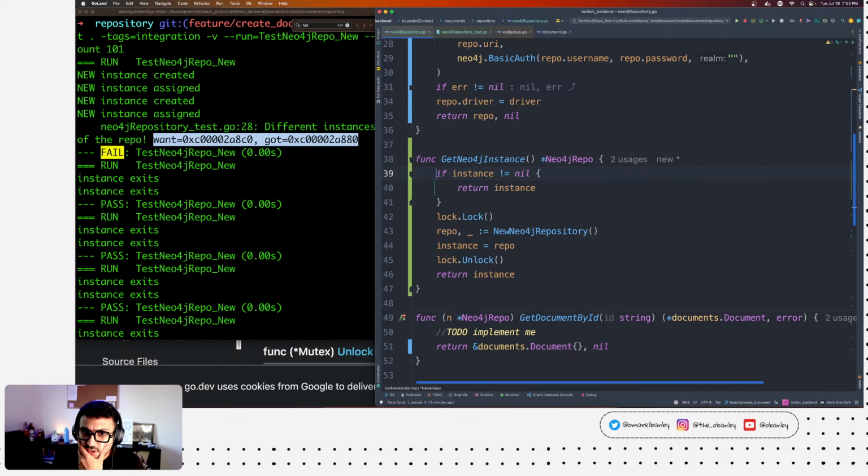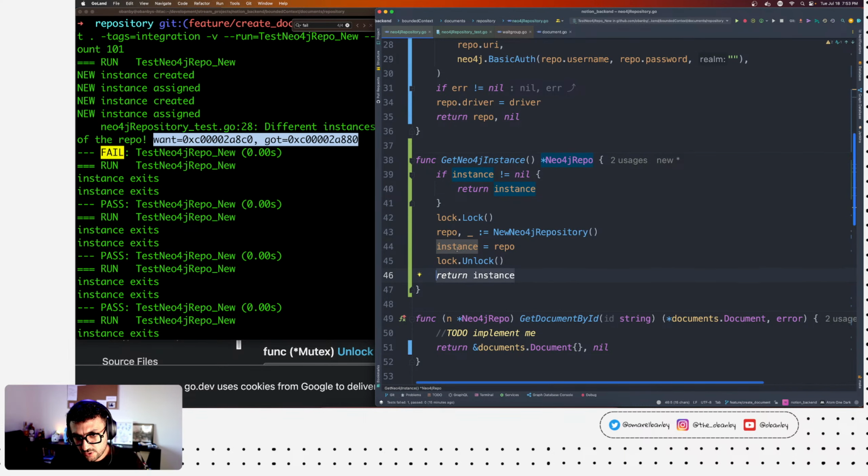And we say if the instance is not nil, we will return the instance. Otherwise, we lock. And now that we're inside the lock, we'll create a repository using the new repo, and we'll assign this instance. Then we unlock. Then we'll return this instance.